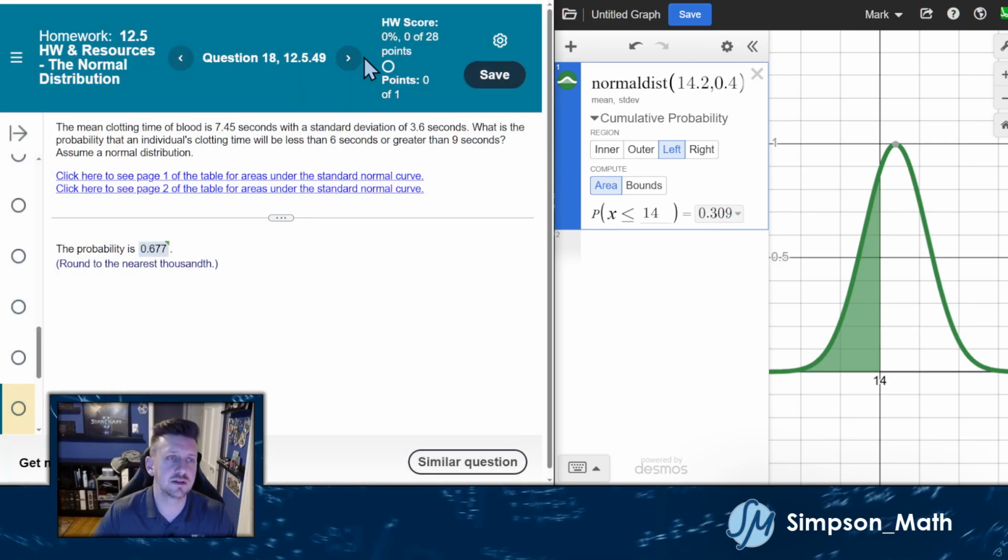All right, the mean clotting time of blood is 7.45 seconds. The standard deviation, 3.6 seconds. What is the probability that an individual's clotting time will be less than 6 seconds or greater than 9 seconds? Assume a normal distribution. So I could go back to that top screen, the create an inference distribution, put in